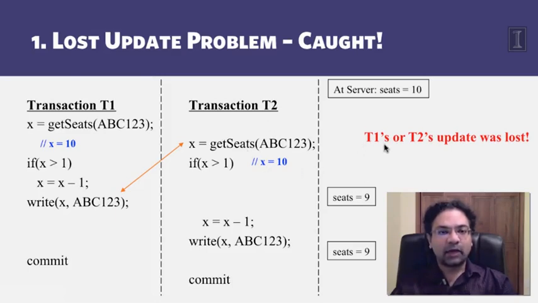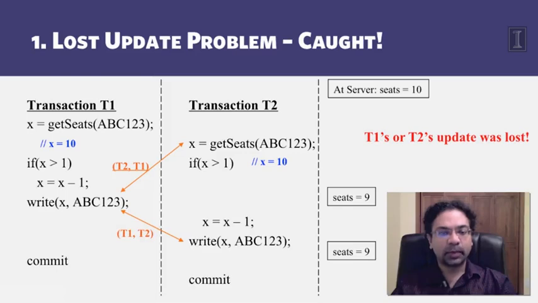So that's a conflicting operation pair, and this operation pair has the T2 part of its pair occurring first in this particular interleaving, and so we mark that as a T2 comma T1 pair. Okay, so are there other conflicting operation pairs? Well, here's another conflicting operation pair, a write-write pair on the same object ABC123. Okay, so again here you have the T1 part of the pair occurring first, and so we mark this as